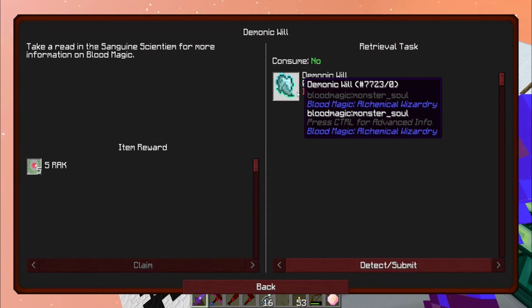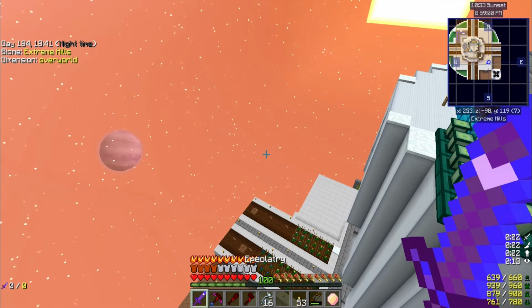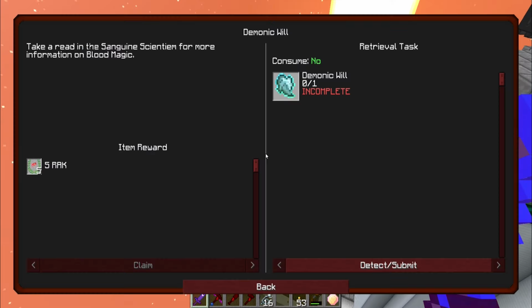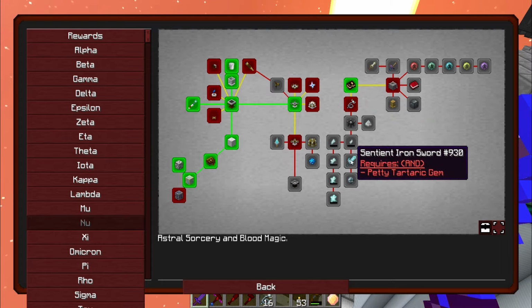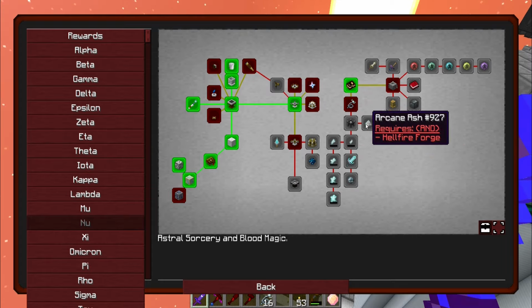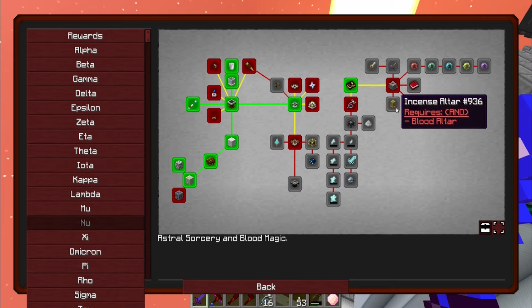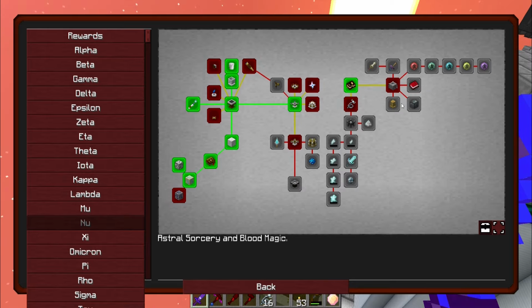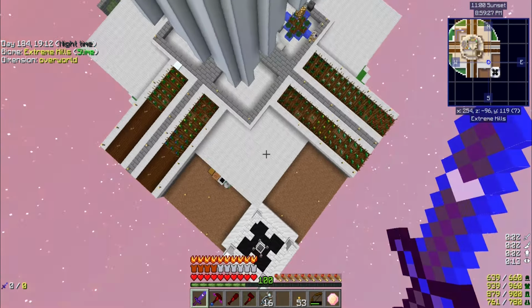So the first thing we need to do is take these rudimentary snares. We need to throw them at mobs. I need to kill them. And then that will give us the demonic will, which will complete this. After that, we can make the Hellfire Forge, Arcane Ash, some of these guys, the sword. Some of all this stuff here is made in the Hellfire Forge. And we can also make our Blood Altar, which will allow us to get the Incense Altar, which does help for various reasons, which we're going to get into later. We're going to get into some runes. We just need to...